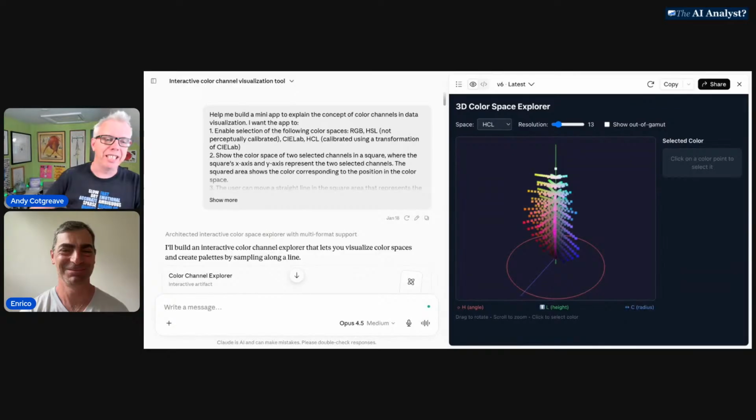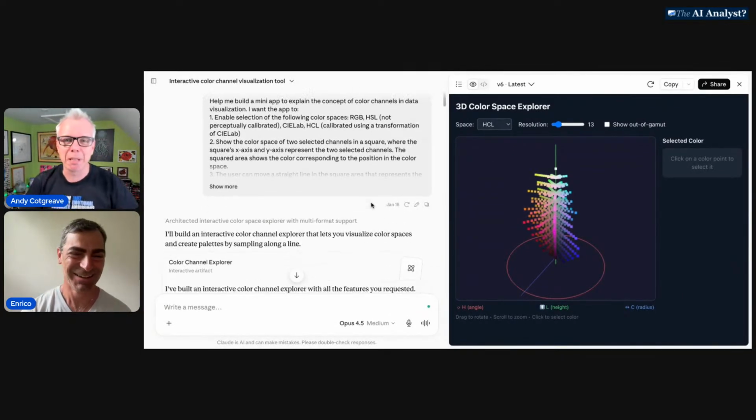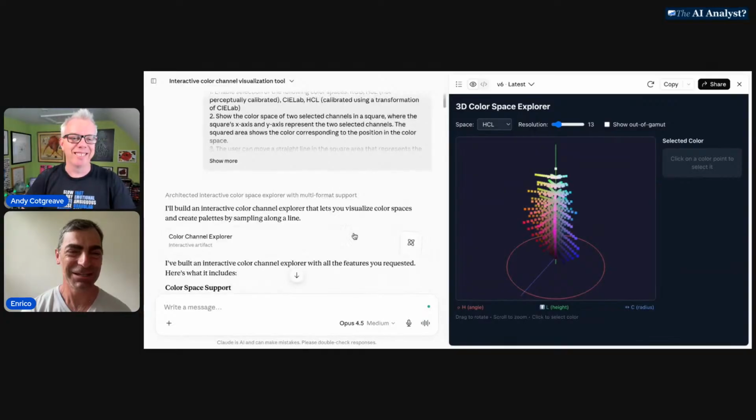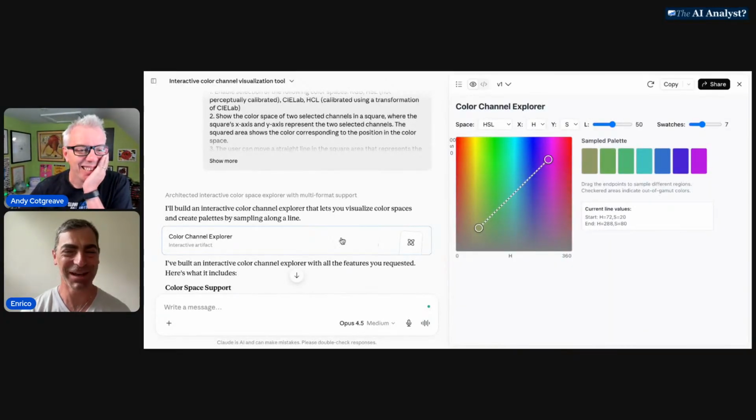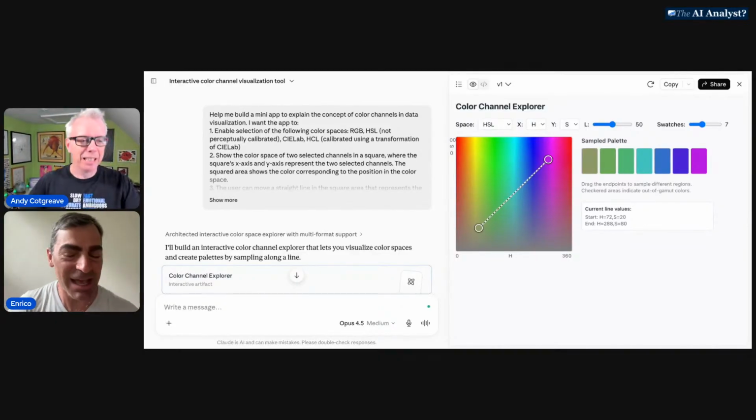There you go. 3D color spaces. An easy principle, right, Enrico? Wait, but I just realized I'm showing the final version. Okay. So that's an interesting one. So as you said,